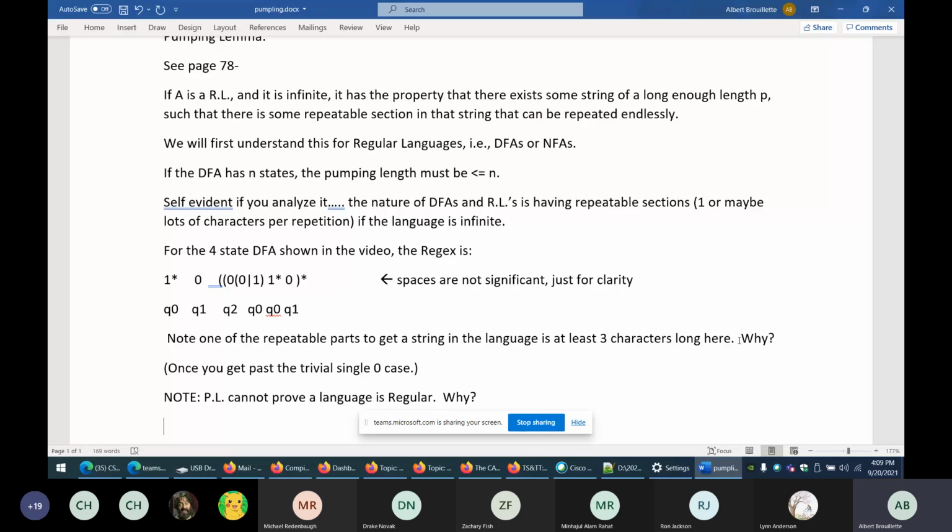Notice that the pumping lemma avoids machine specifics beyond establishing